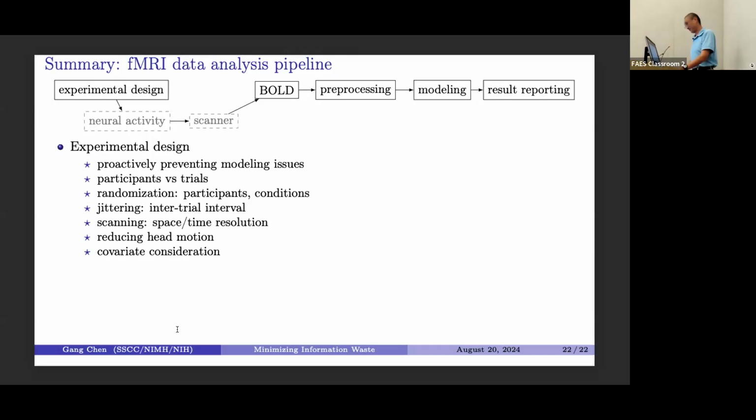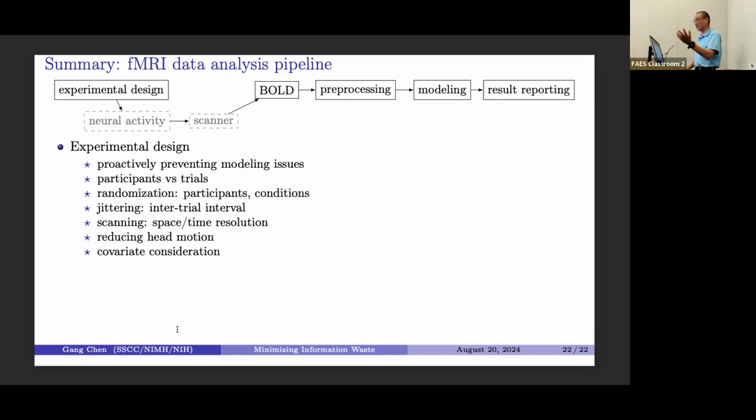Summarize FMRI, right? So in this talk, I focus on 4 components: experiment design, pre-processing, modeling, and reporting results. Those are the 4 components. Experiment design, I mean,